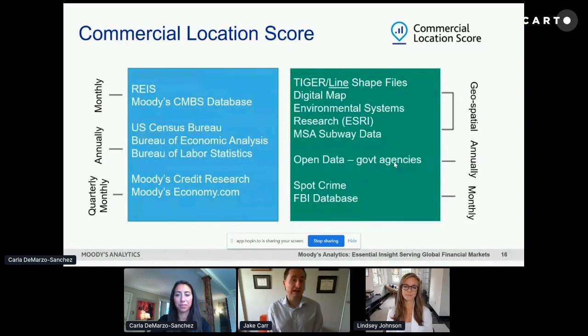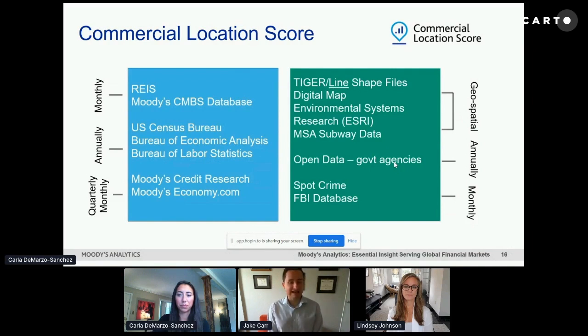We've used their local estimates of vacancy rates, net absorption, as well as local construction activity. We also relied a little bit on data from some of our Moody's Economy.com colleagues. Our economic prosperity score is built on some of the refined economic data provided by them. And so that's our set of sources.